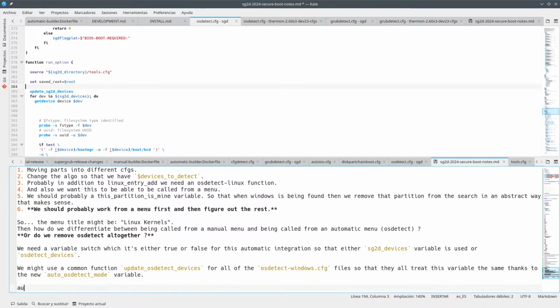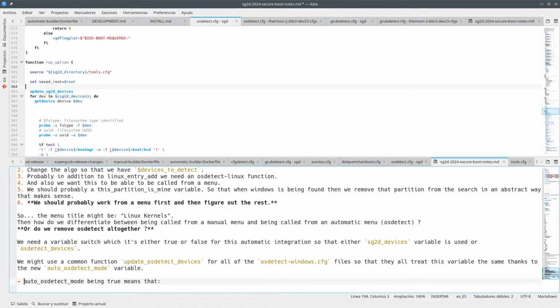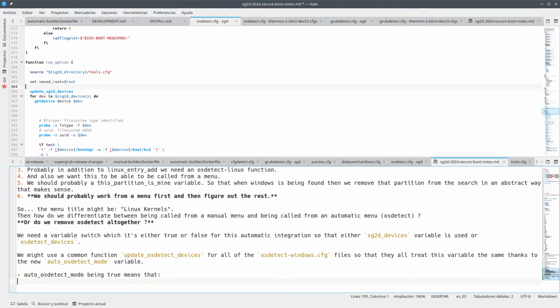Okay, so auto OS detect being true means that, so OS detect being true means that